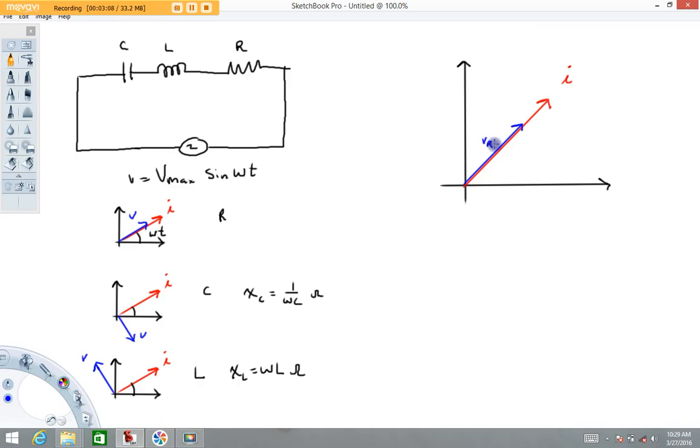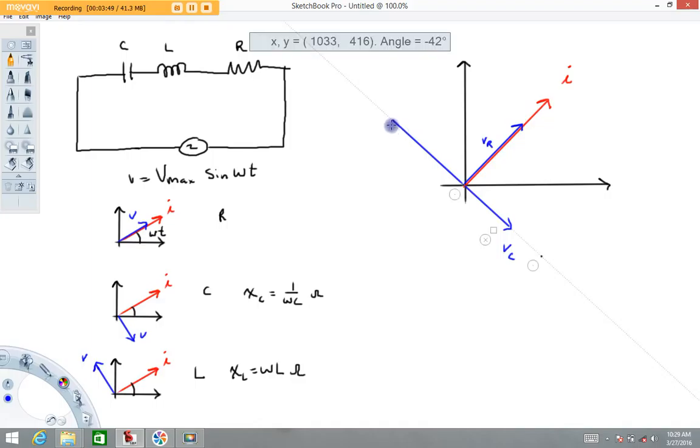I'm going to label that maybe V sub R. Now let's do the capacitor. With the capacitor, remember that the current leads the voltage, or another way to say that is the voltage lags the current. So when we draw the voltage phasor for the capacitor, it's going to be behind the current phasor. That might look something like this. There's my voltage for the capacitor. I went ahead and drew that shorter than the resistor. That's going to depend on what these values are, but it doesn't matter for now. I'm going to make assumptions about which one's larger for the purposes of getting the picture drawn. Now I'm going to go ahead and draw the voltage for the inductor. Now again, which voltage is the largest?